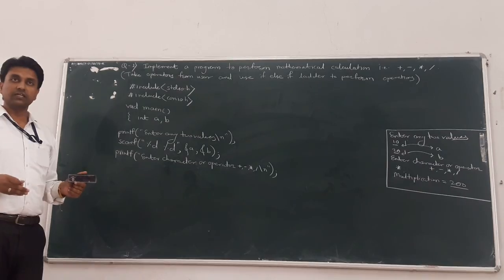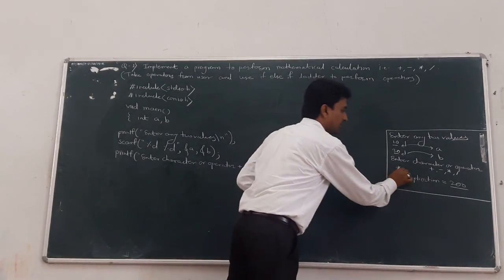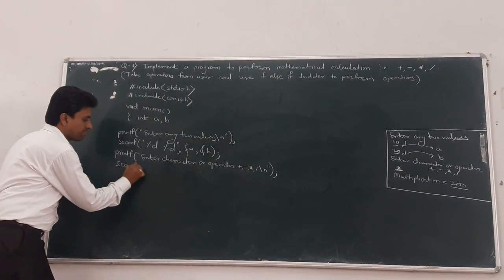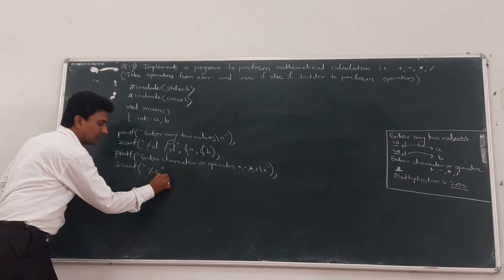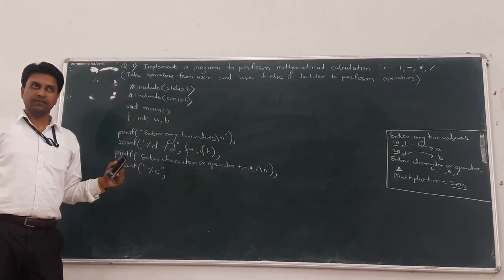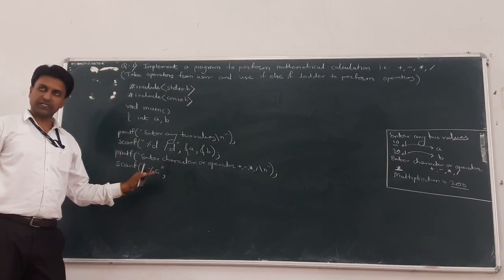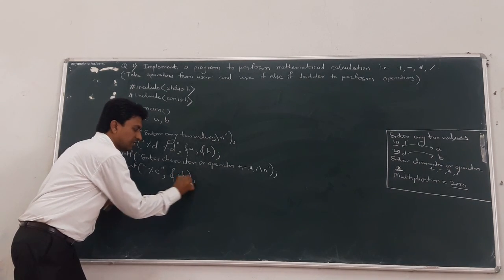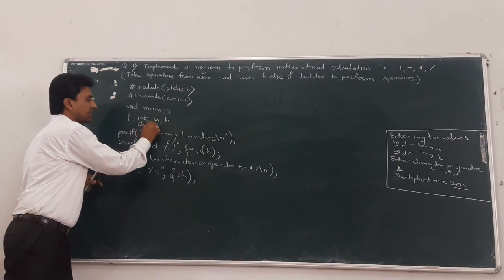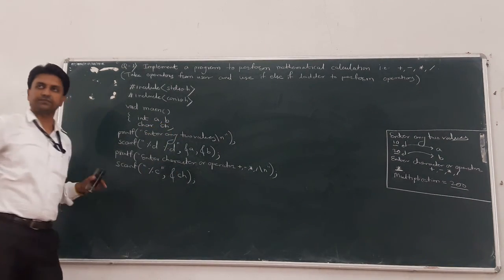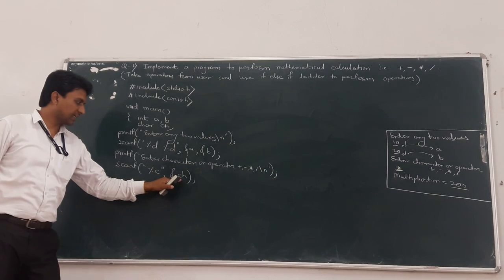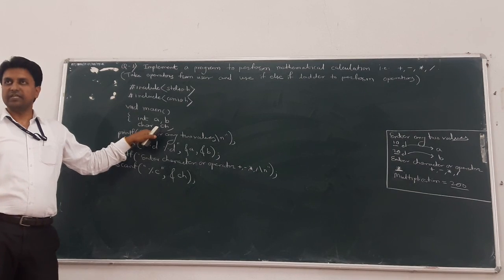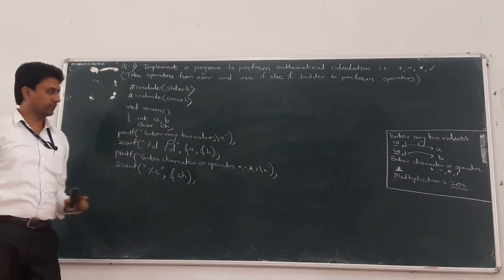After that, scan one character as an operator. Okay, so scanf. What do we scan? A single character. So use %c. For scanning a single character, use %c. And where do we want to store it? The address of ch. This is the character type variable. So declare the character type variable char ch here. Understood? So this is the character type variable, ampersand of ch, and declare that ch in the main in the declaration statement.